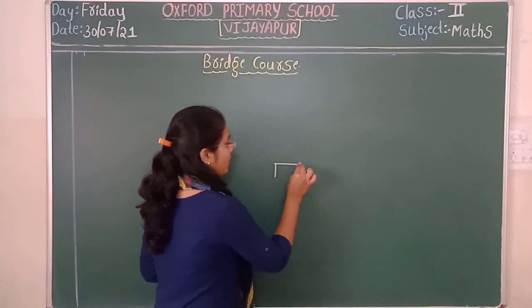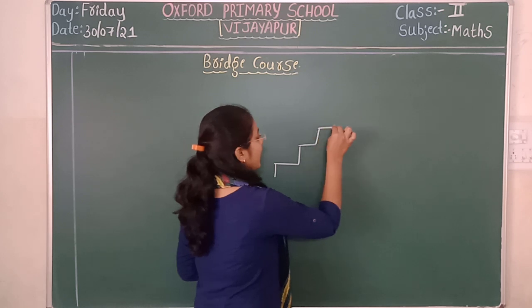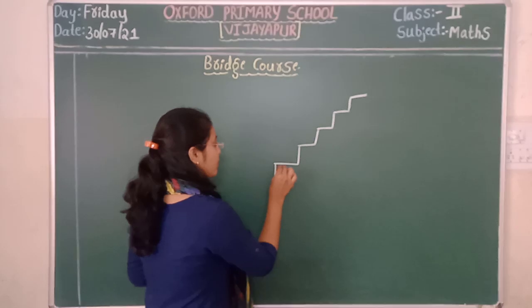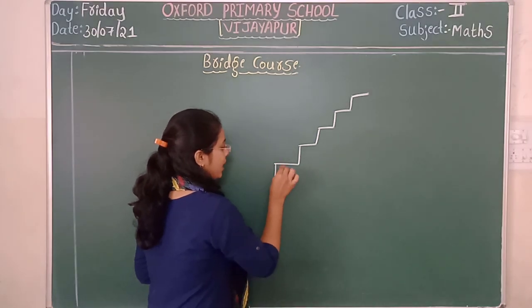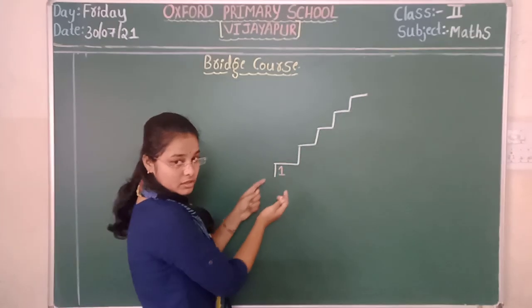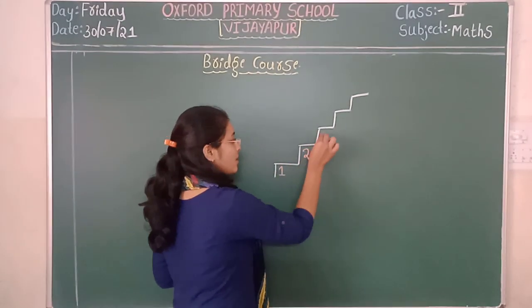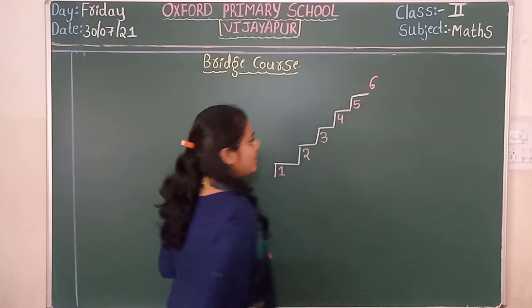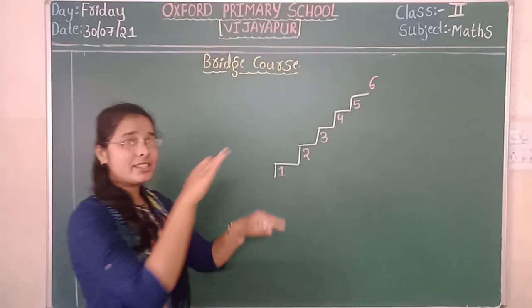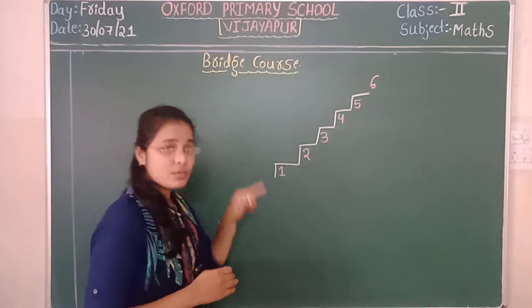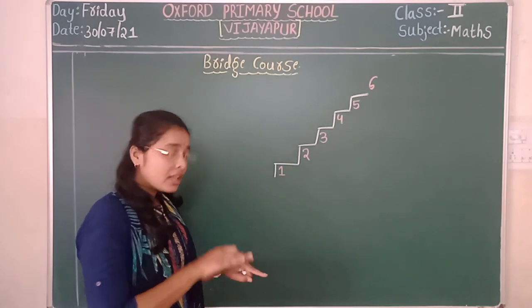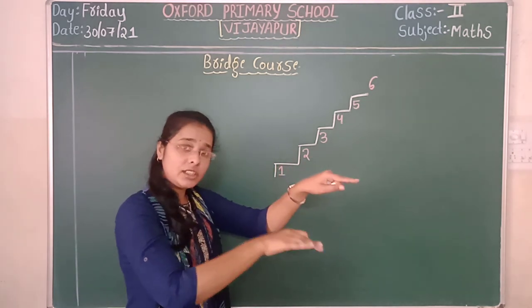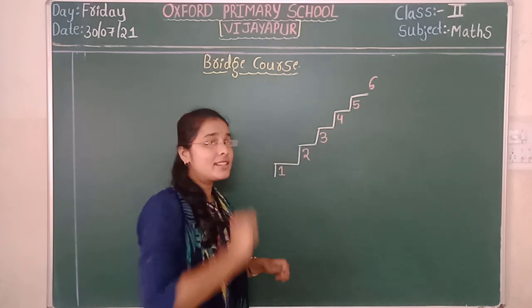Here I will draw. This is nothing but climbing the steps. The steps show the numbers. Numbers are increasing. This is the small step. Now the step increases still more. At last it reaches number 6. While we climb the steps, first we climb the smaller, the first step at first. Next we keep our step on the second. Then we step on third, fourth, fifth, sixth, like this.